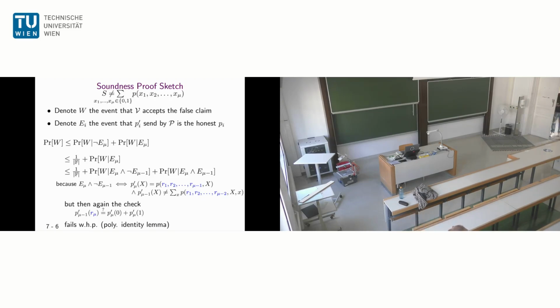No, this check will happen after he sends the mu polynomial. Then the verifier. So at this point, the prover can send the false polynomial at this round, and so far we don't know what happened before, but obviously nothing that made the verifier reject. But mu is the last round. Mu is the last round. Yeah, and mu minus 1 is one round before. Exactly. And when we have in the case not e mu minus 1,